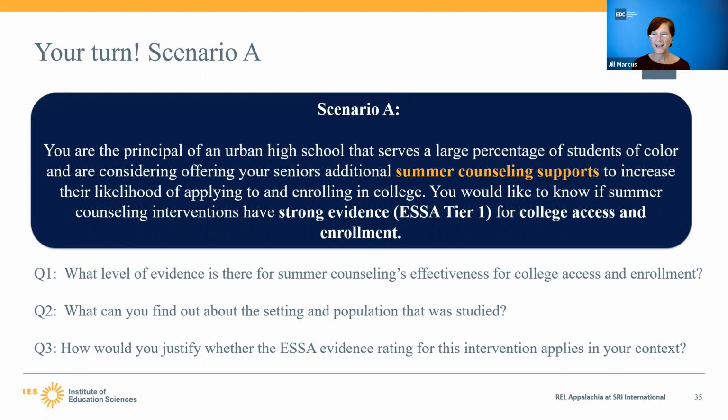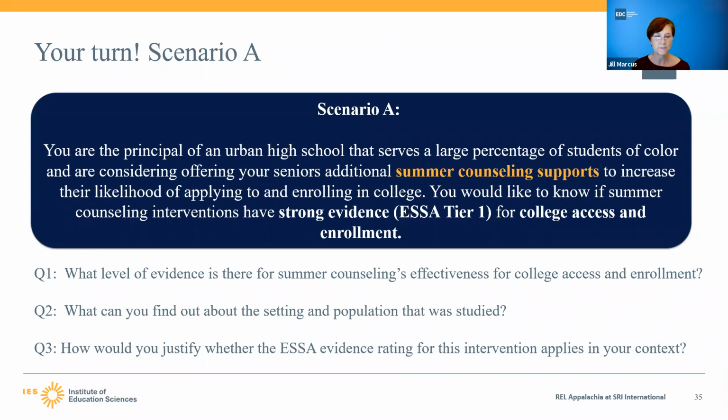Okay, welcome back. For question 1, what level of evidence is there for summer counseling's effectiveness for college access and enrollment? Did you find the answer? Tier 1. It has been designated as Tier 1 or ESSA strong evidence because there's at least one study that met WWC standards without reservations. It found a statistically significant positive effect of the intervention on a student outcome, and it was based on a large multi-site sample. Specifically, the evidence for summer counseling programs comes from one study from 2014 conducted by Castleman and